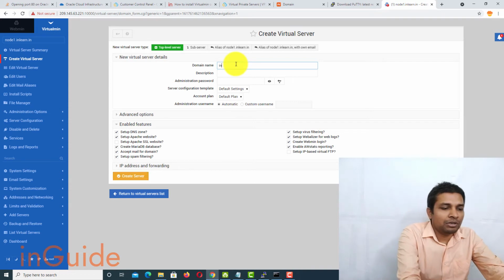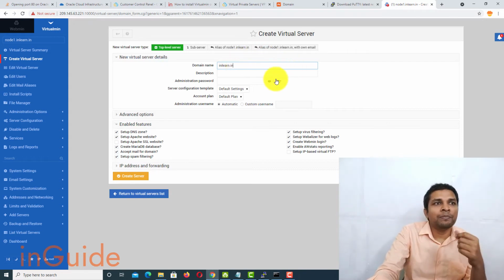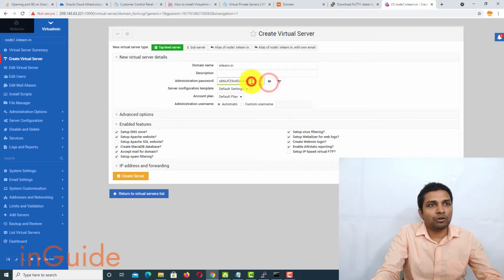Let's say I want to use inlearn.in. So this is my domain name, and after that you have to create one administrative password. So let me generate it and copy it.